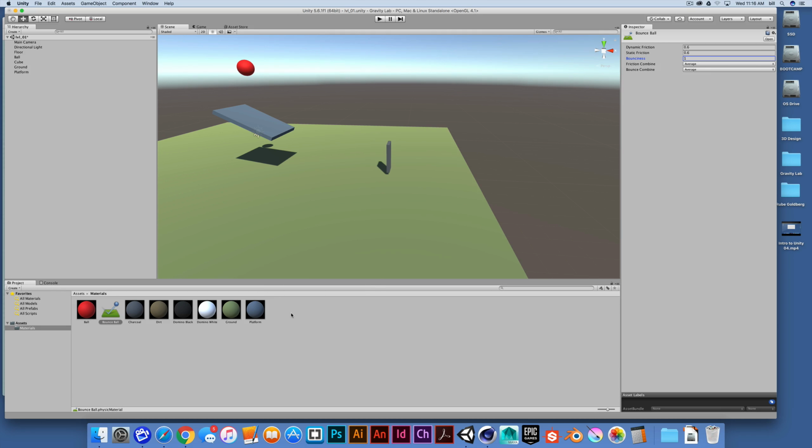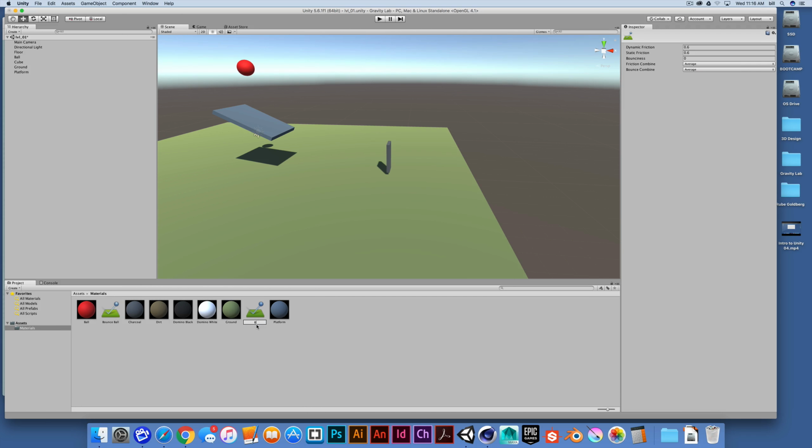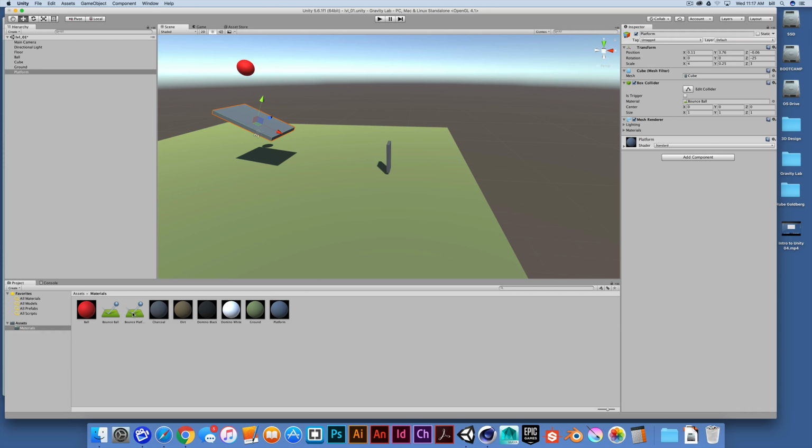And I'll either make a new physic material by right clicking, choosing to create, and going to physic material. And I can call this bounce platform. Okay. And then I'll modify the bounciness here of, say, 0.4 just to get started. I'll select my platform and either click, drag, and drop that material in here, or I'll just click on the ellipse, and now you can see that I have two different materials to choose from in this field,